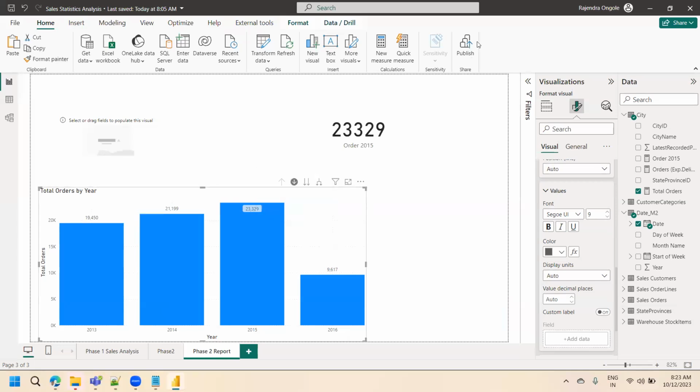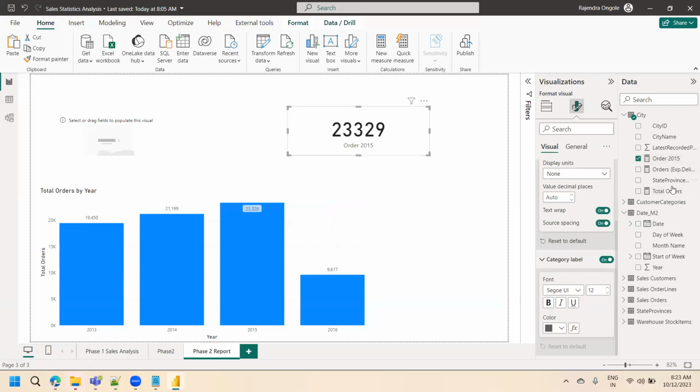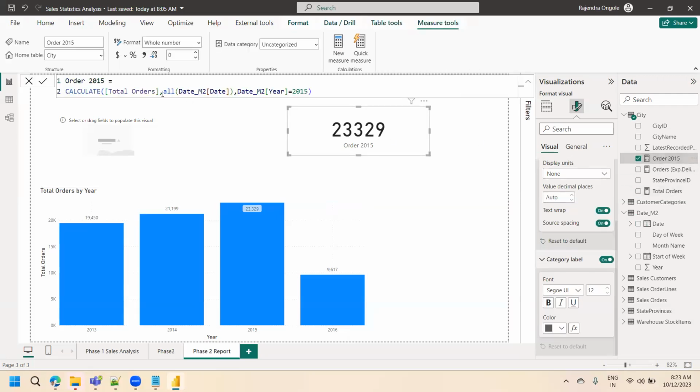$23,329. Okay. Like that. I will explain. So see here, I'm not aware of this function, so I'll just try to get rid of this. Maybe I'll just try to remove this function. Even this one also will give you this